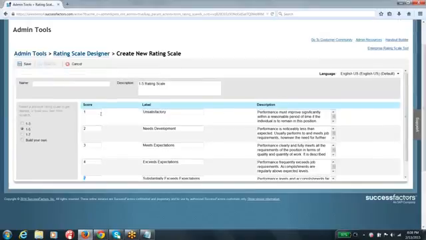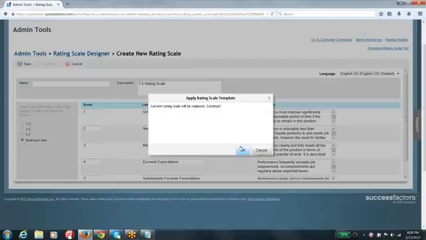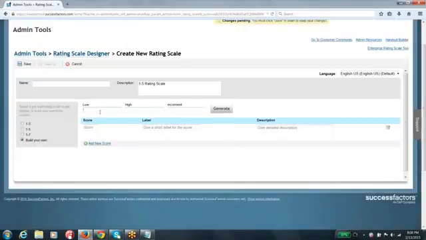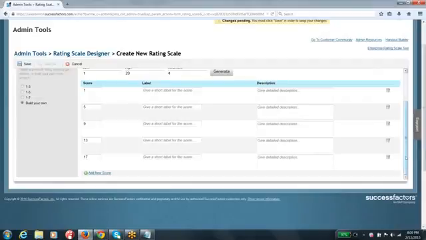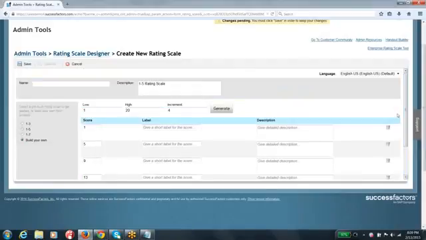But say you are not interested in a rating scale of 1 to 5, rather you want to build your own. Click on that, select your lowest rating, say 1, and your highest rating, say 20. The increment scale is going to be, say, 4. Click on generate. Here you can see the rating scale that I created with a 1 to 20 scale with an increment of 4 steps for each and every score.